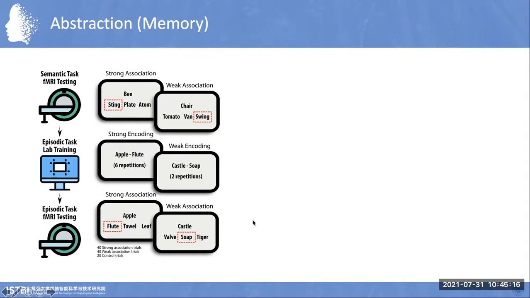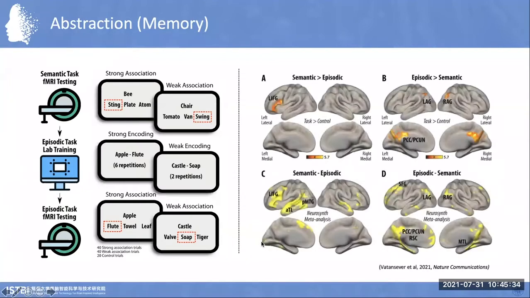So finally, the participants came back for a second MRI session in which they were asked to recall the target that they previously learned, with paradigm characteristics that generally match those employed in the episodic task as well. So at first, our aim was to directly compare and contrast the retrieval of semantic and episodic memory within these participants. And the results generally matched what was previously observed in the literature, in that greater activity was observed